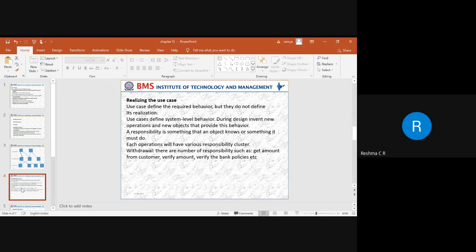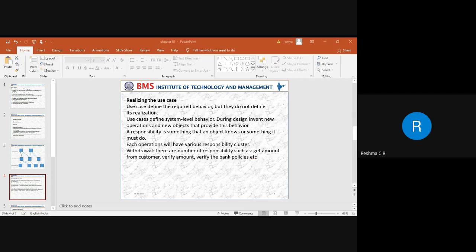After identifying that, it has to verify how much amount is being transferred, and that has to be taken care of. All these responsibilities can be taken as a use case, and how this use case is handled is what realizing the use case deals with.